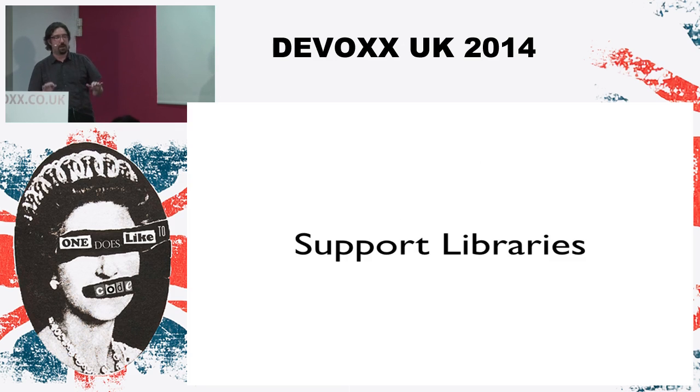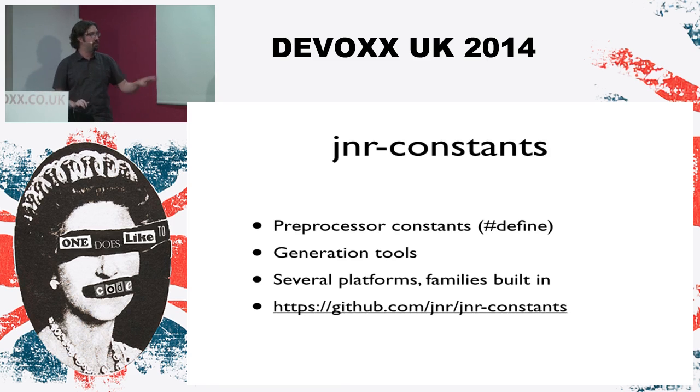Now, moving up from JNR FFI, we've got that layer, and if you've got your own library, some internal code, a crypto library you want to access, JNR FFI is where you would start. However, if there are libraries that we've already provided for you, you may not have to do even that much work. I mentioned the preprocessor constants. We have a library called JNR constants, where those constants that are defined, like socket types and whatnot, across various platforms, are generated into enumerations, Java enumerations. All you need to do is go in and get